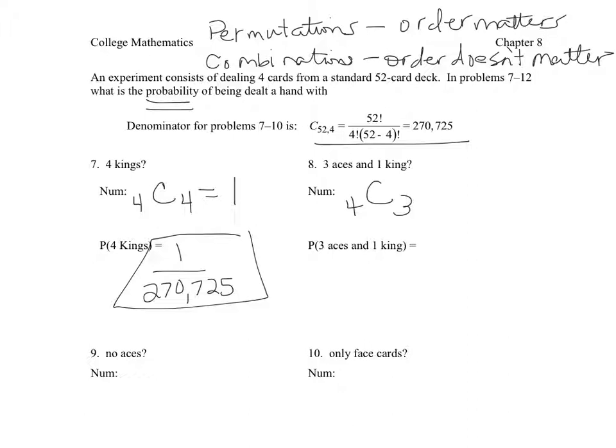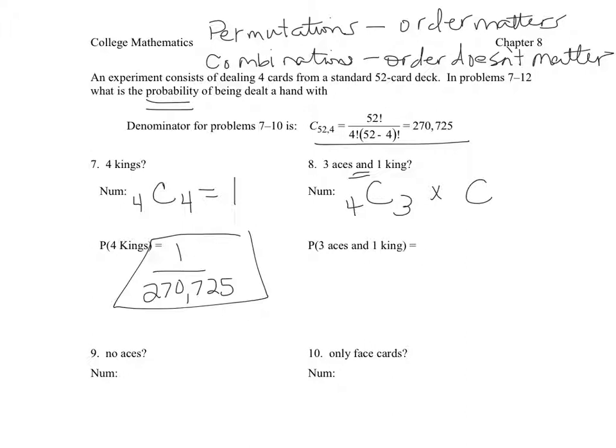So I've got a combination of 4 things taken 3 at a time. Now, I need that and 1 king. If you remember, when you see "or," it tells you to add probabilities together. When you see "and," it means you multiply probabilities. So we're going to have to multiply that times